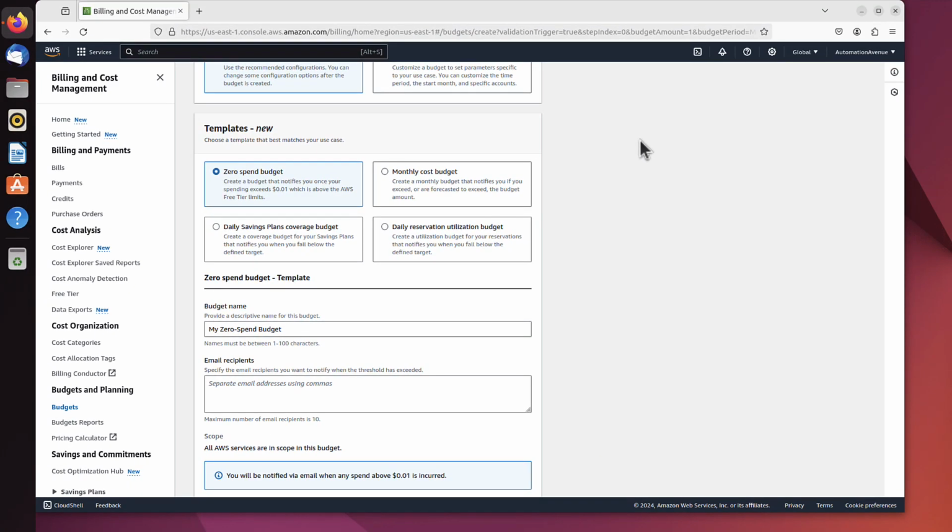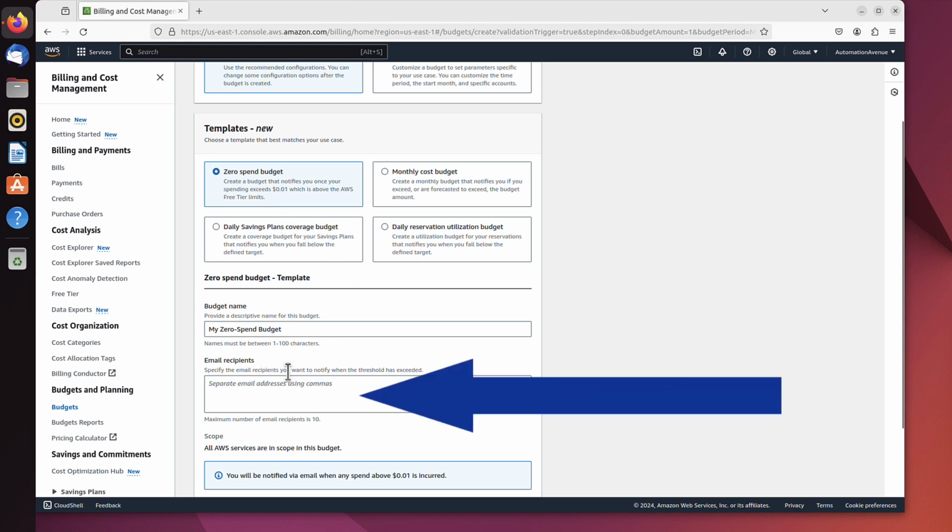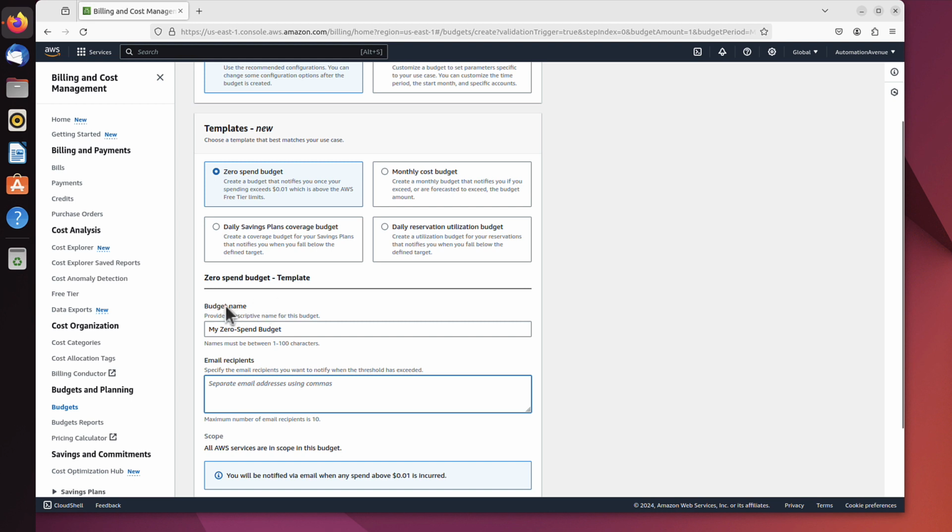It's also important to remember that the AWS budget will not disable any resources for us. It's not meant to. It will only notify us every time we exceed a certain threshold we configure here. The first threshold will be that 1 cent. If we use any service that we have to pay for, it will send an email to the email address we specify below. Before we go there, there is a budget name as well.